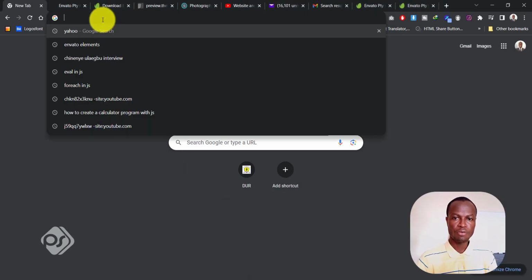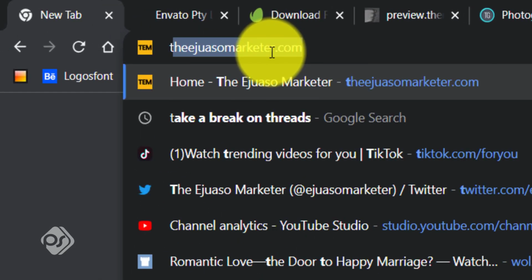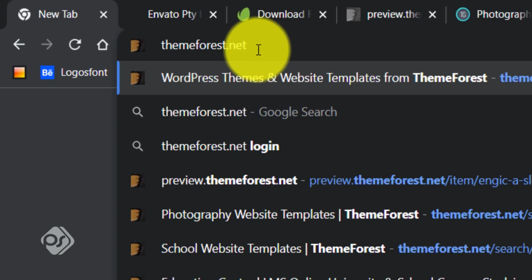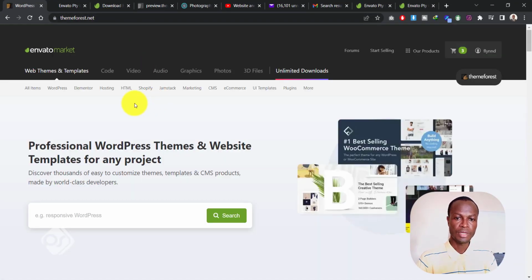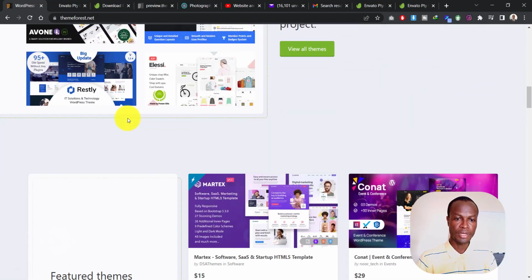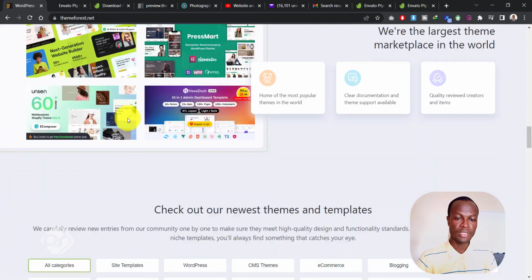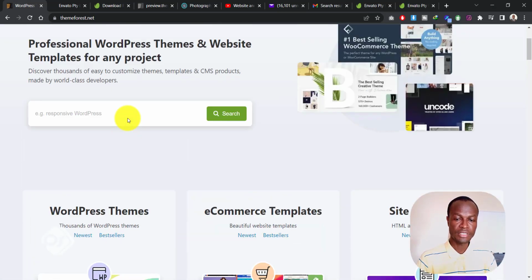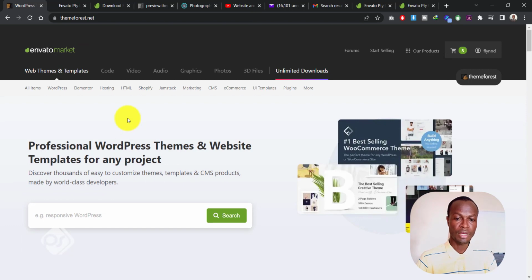First, let's head over to our favorite resource for WordPress themes, that is Themeforest. Just go to your browser, type themeforest.net and open it up. Now it will bring you to their homepage, which you can see, and they have a wide range, thousands of templates that you can choose from. This makes it very easy when you are finding a particular WordPress theme or website template for any project that you want to do, whether it's a blog, a business website,